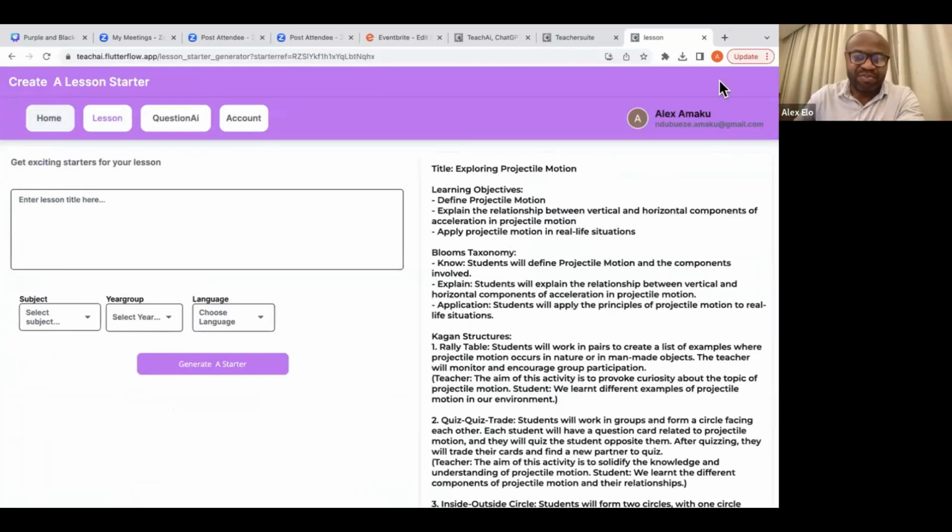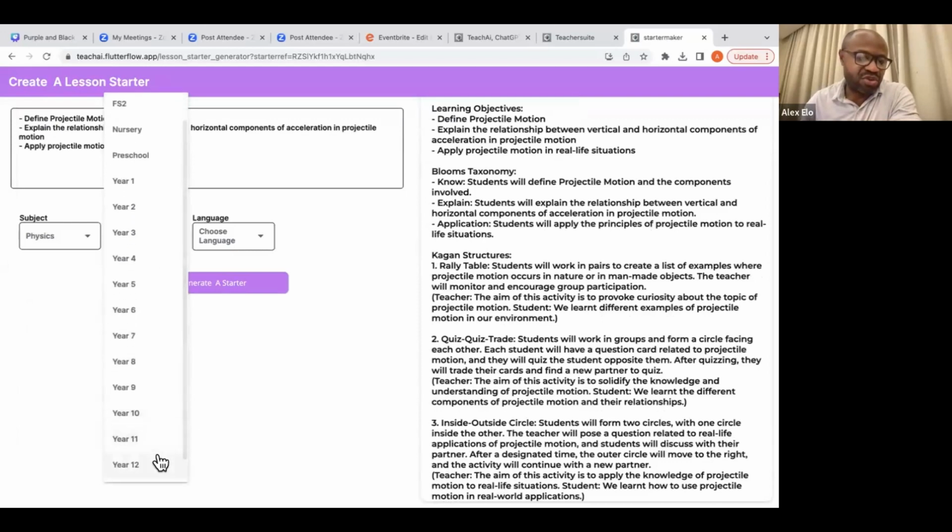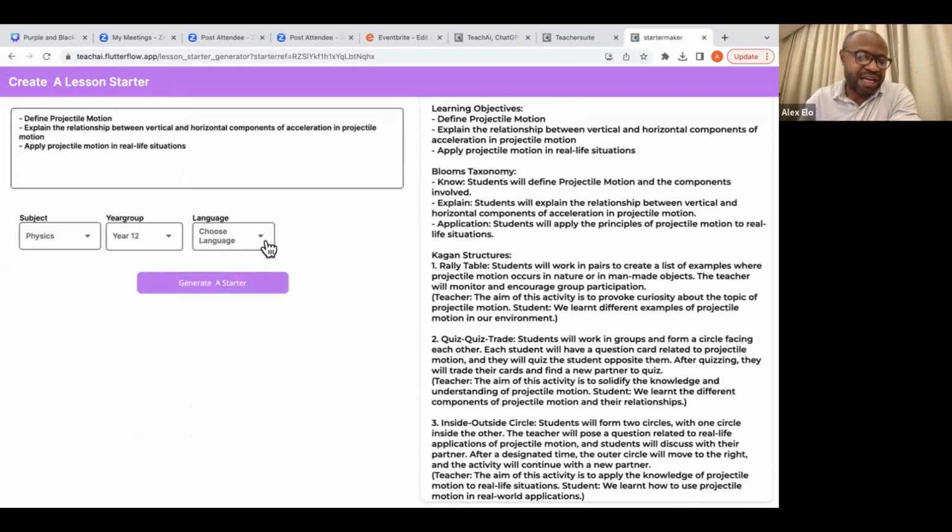It takes you here, where your lesson is on the right-hand side, and you have an opportunity to generate another starter. You can just copy all of this with Control C, and paste it here with Control V. Then I enter: I'm teaching a physics class, I'm teaching year 12, and the language is the default, English. I could try another language, but I wouldn't understand it. And now